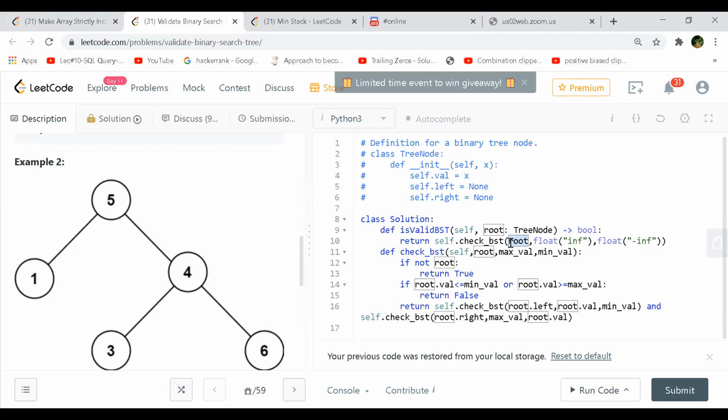This is why we have to use two extra variables which will store the current minimum and current maximum in the tree, and then we can compare with the root value. What will fail?